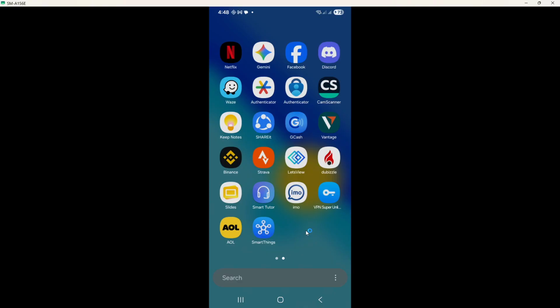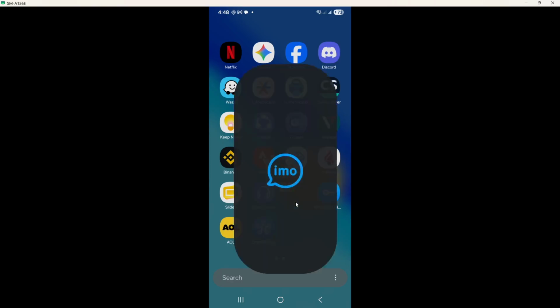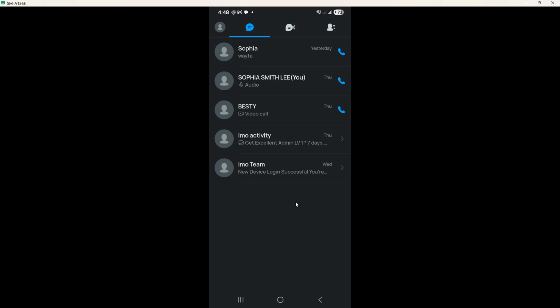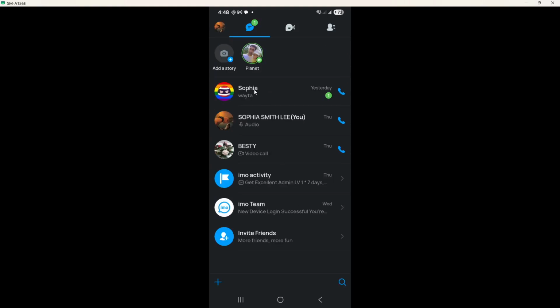First, make sure that you have the Emo app installed on your device and that you're logged in using your phone number. This is important because email will only come into play once you're inside the app. Logging in with your phone number ensures that your account is secure and accessible.